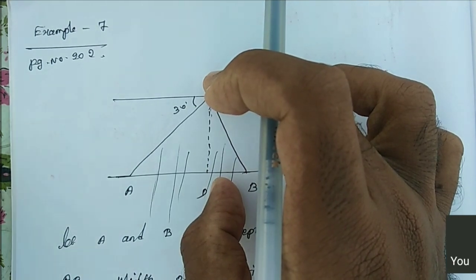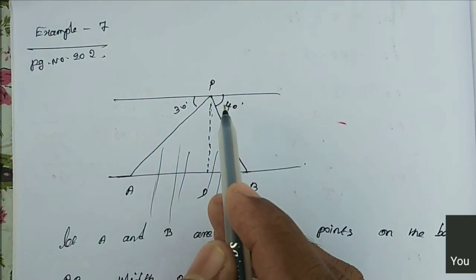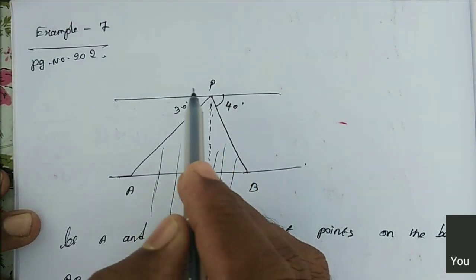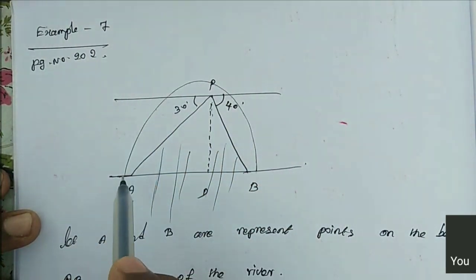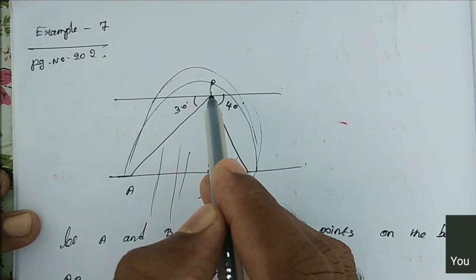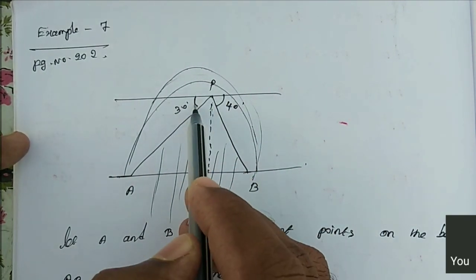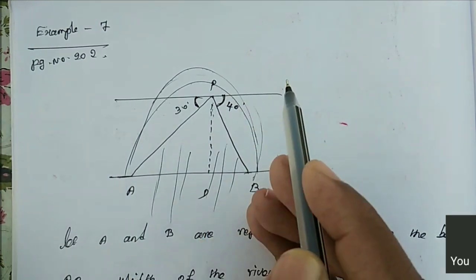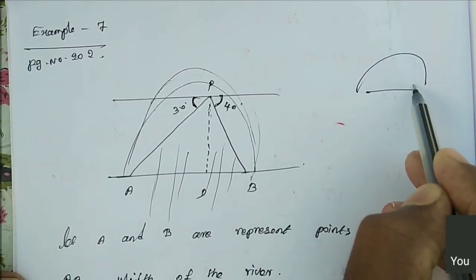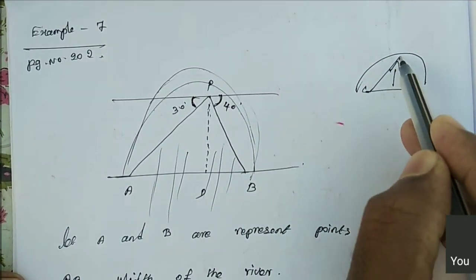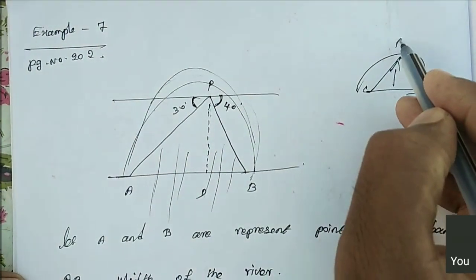Okay. Now from that point on the bridge. Actually, you just consider this is a bridge. This is a bridge, right? So in this bridge, we just consider point P. It has an angle of depression on both sides, that is 30 degree and 45 degree. Are you all clear? It is a width, height, then angle of depression. Here it is P.